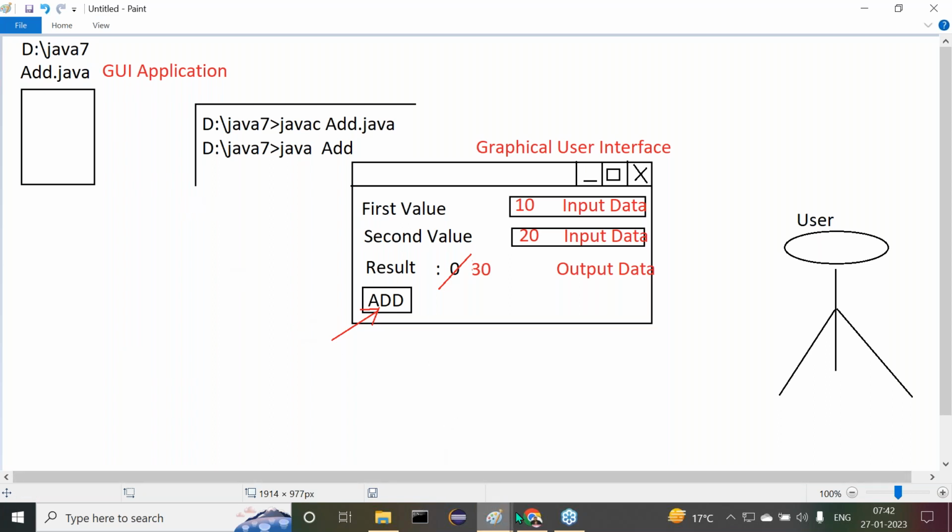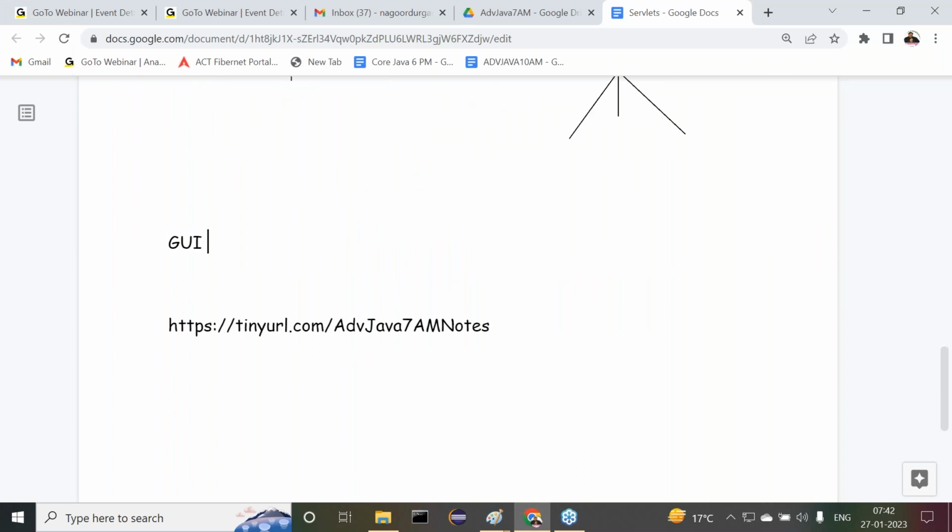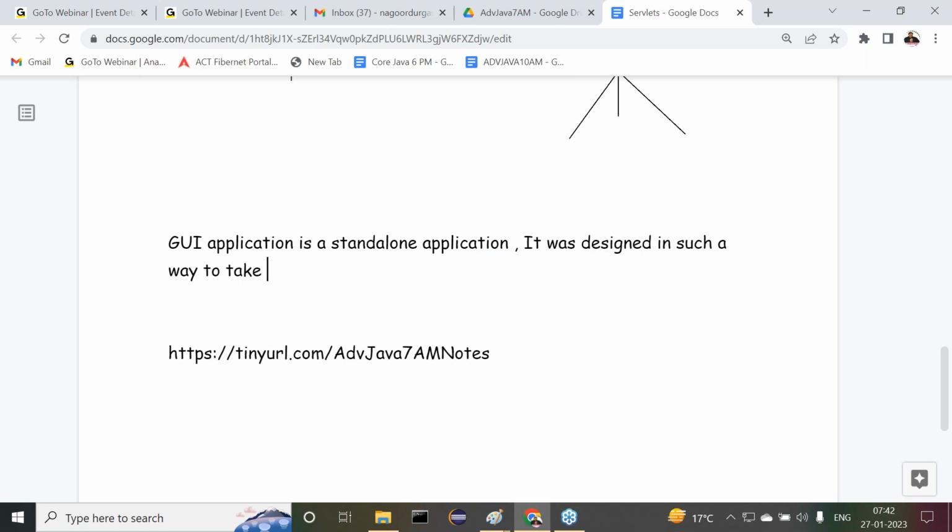Now let us go for the definition. What is a GUI application? A GUI application is a standalone application. It was designed in such a way to take input data